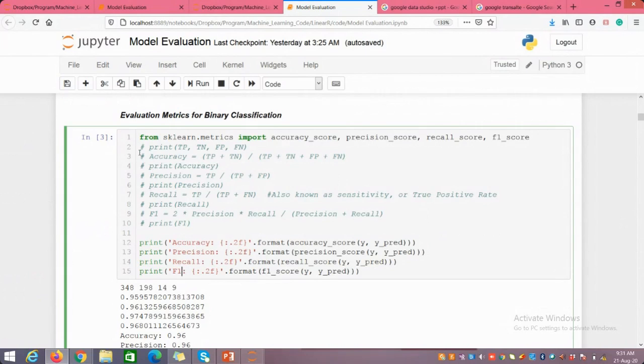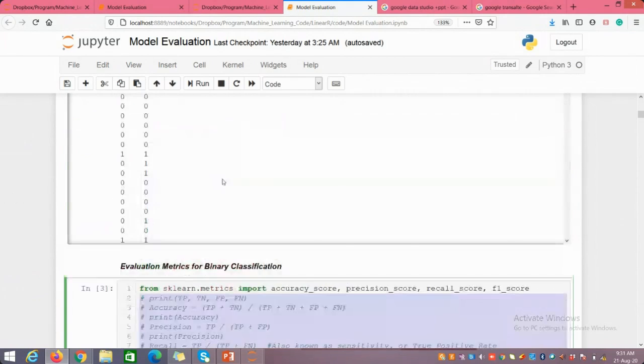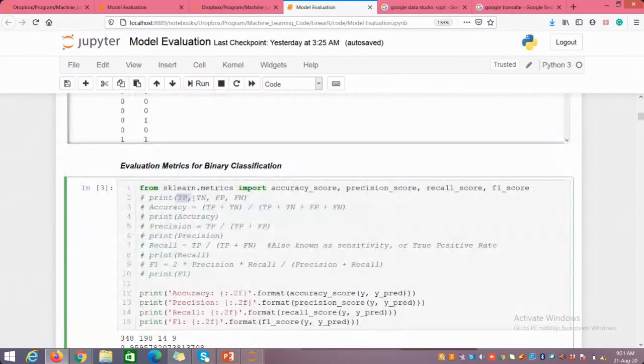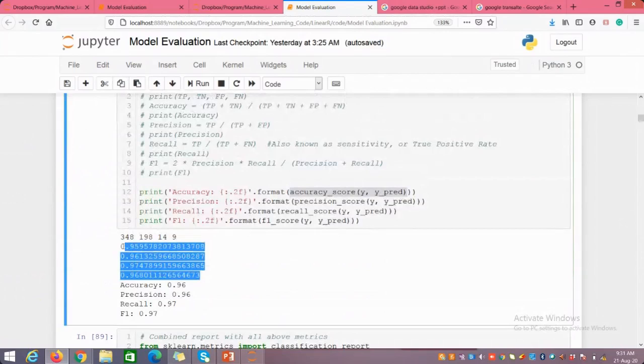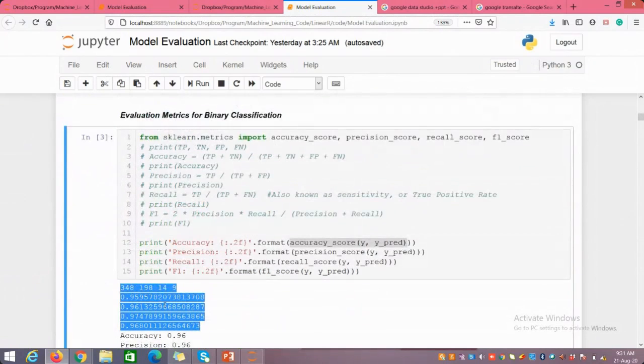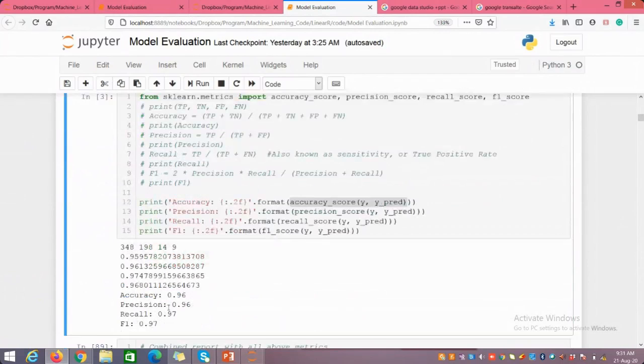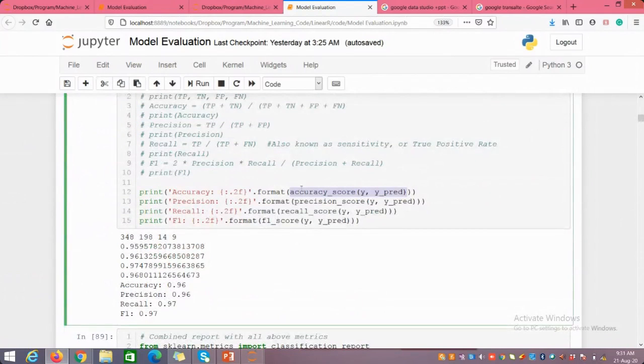Either you can go for the manual calculation, directly using these four values, or you can use the existing libraries of Python in order to calculate it. Here I have calculated in both ways. These values are with respect to the manual calculation, where I haven't applied any kind of formatting to display them. And here, you can calculate based upon the inbuilt function. Whichever way you do it, it is going to be the same.